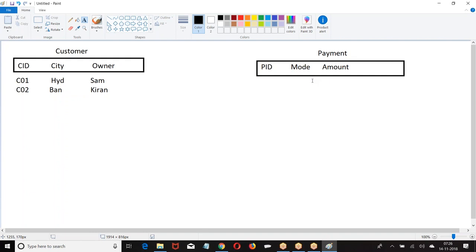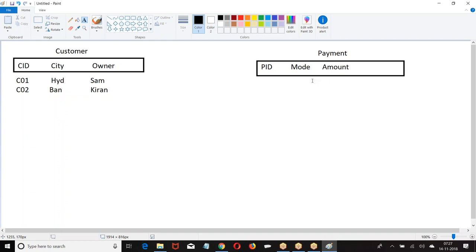Master detail is a one to many relation. Master detail relation will establish a one to many relation between two objects. This master detail relation is created by using a field.